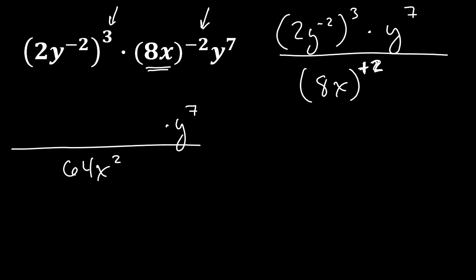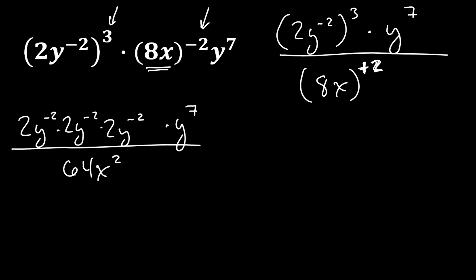There are three factors of this 2y to the negative second. So I'm going to go ahead and expand that out. 2y to the negative second times 2y to the negative second times 2y to the negative second. So in doing this, it's a little tedious, but I can see now that I have three factors of 2